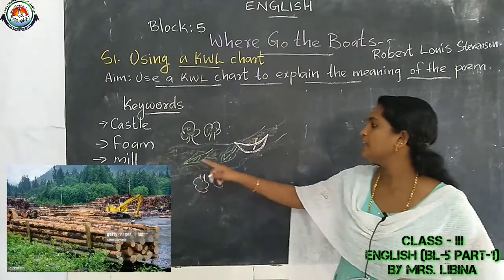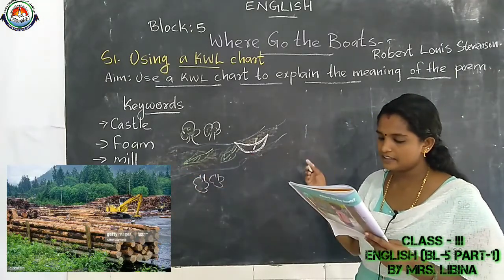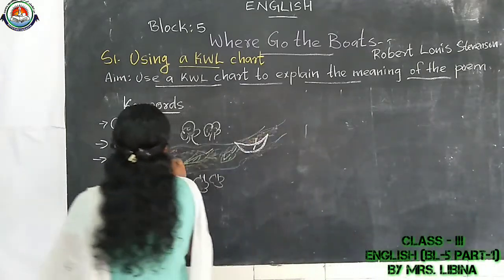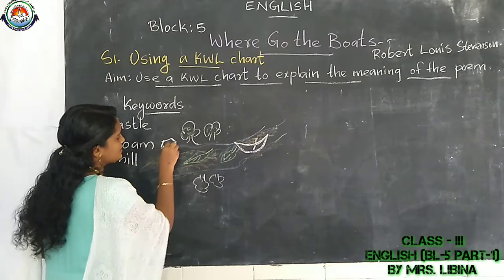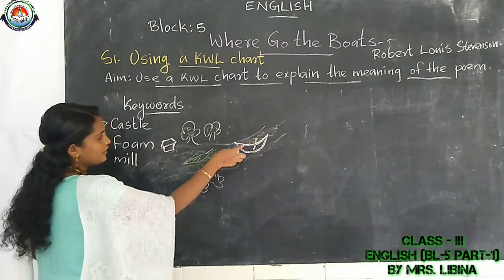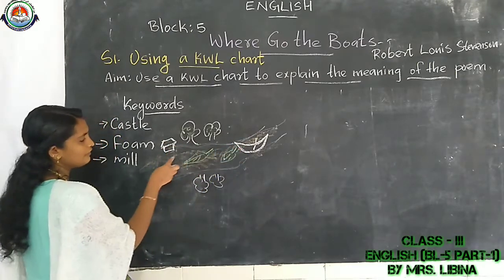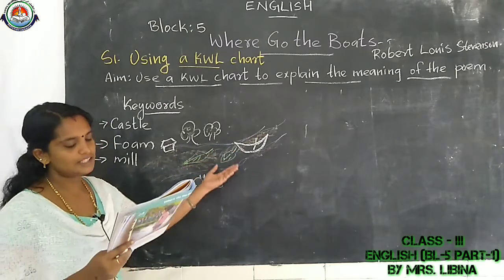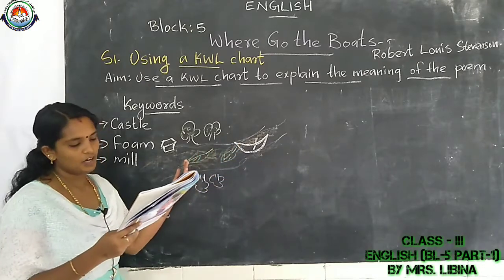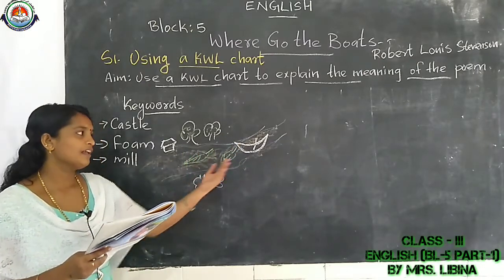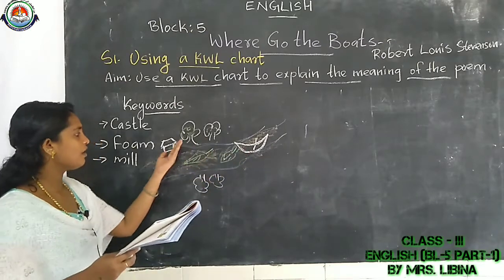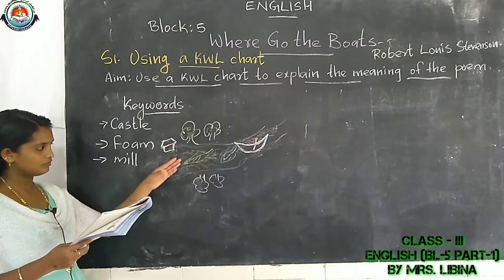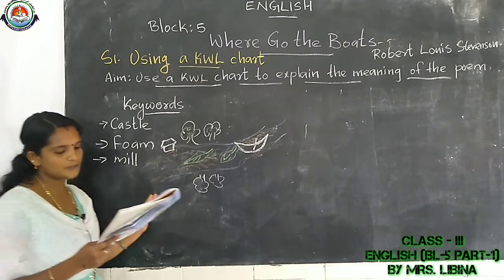Yes, wood mill. Then this boy is thinking that sometimes his boat may pass through the mill. If a mill is here, just imagine, if it is a wood mill, then with the flow of water this boat will reach here. Then the boy is imagining from here: and out past the mill. The boat may float out past the mill also, or nearby this mill also.